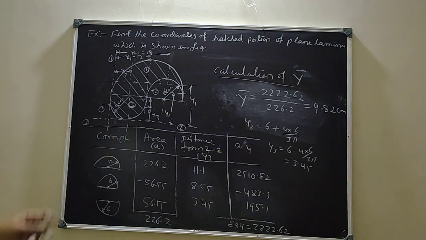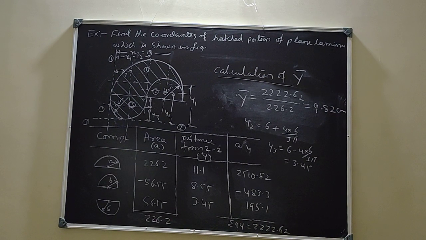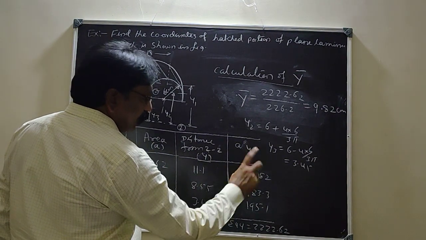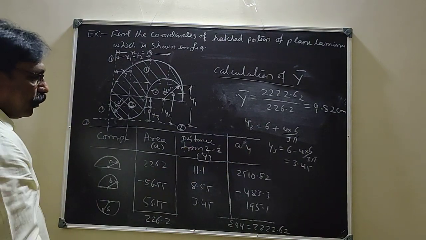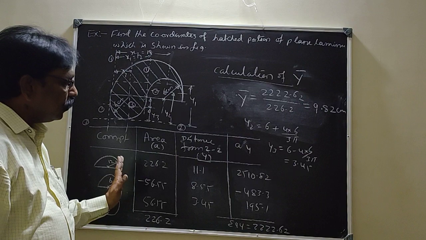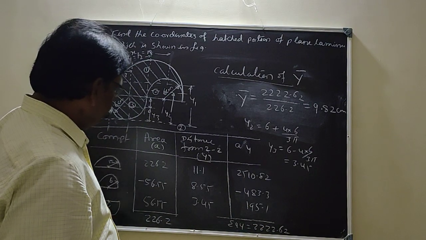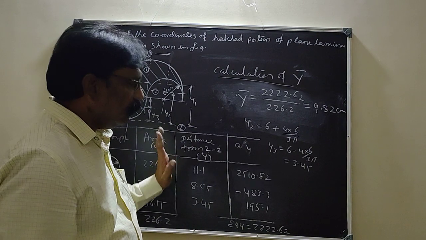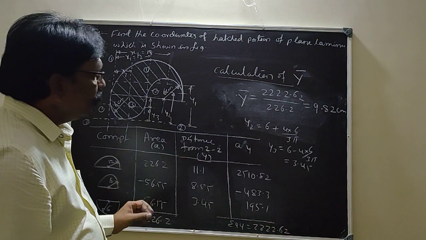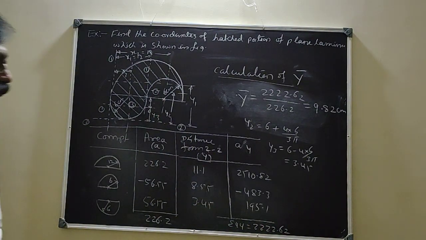So if this is the case, better you split that into two examples. Otherwise in this one, x, y, then ax, ay, the tabular column will become lengthy, and there may be chance of confusion. Or otherwise, if you are perfect, you can put it in a single tabular column and execute it. So the better way is to split it so that it will be more convenient, and calculate x bar first and then y bar.